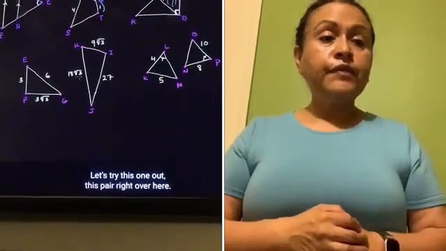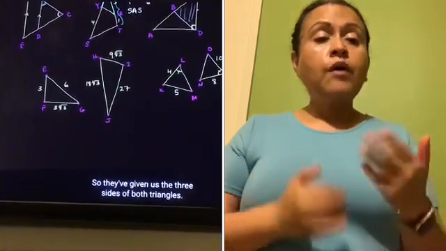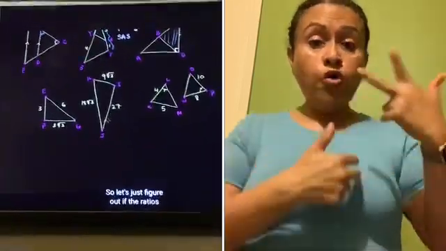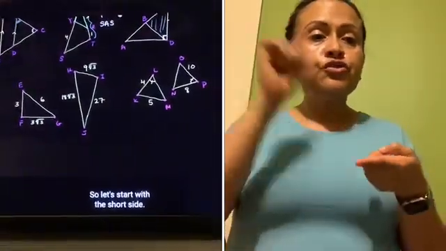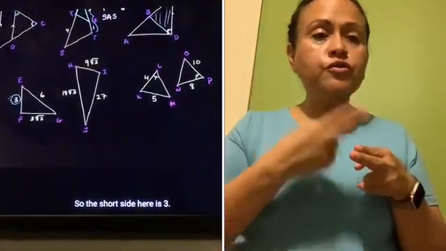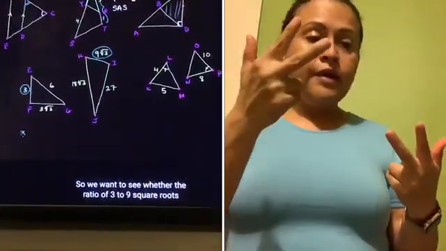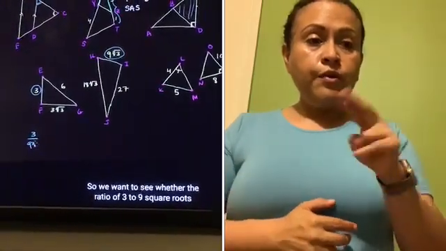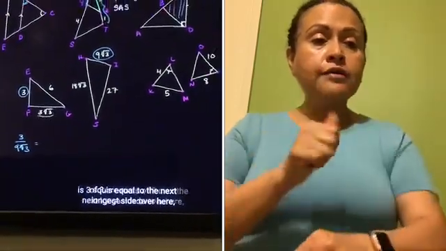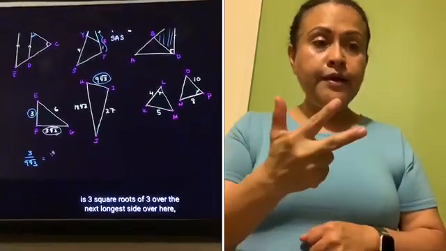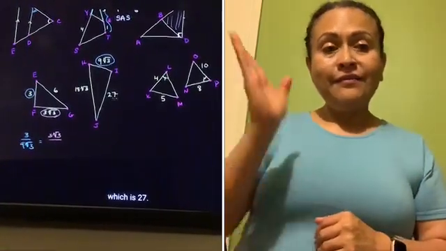Let's try this pair right over here. These are the first ones where we've actually separated out the triangles. So they've given us the three sides of both triangles. Let's figure out if the ratios between corresponding sides are a constant. Let's start with the short side. The short side here is 3. The shortest side here is 9 square roots of 3. So we want to see whether the ratio of 3 to 9 square roots of 3 is equal to 3 square roots of 3 over the next longest side over here, which is 27,